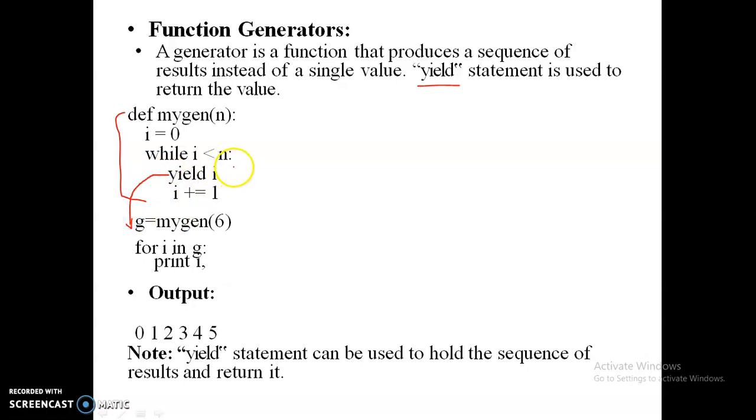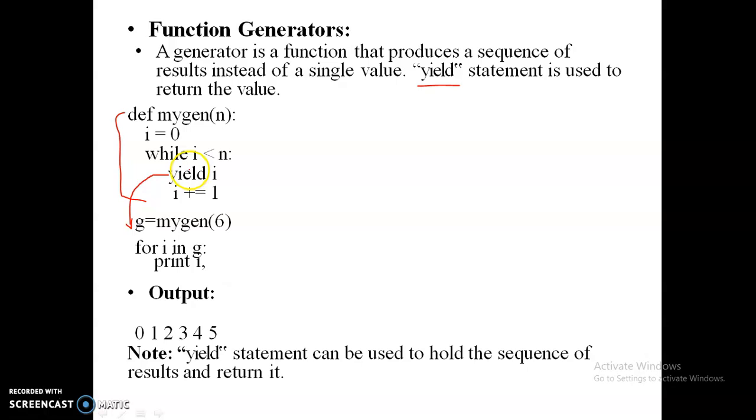Whenever you use the yield statement, it is similar to the return statement, but the return statement is executed only once for a function, whereas the yield statement can be executed more than once. Once the yield statement is executed, it returns the value to the outside of the function, and then the function resumes from the previous statement and executes the remaining statements. It doesn't go out of the function, it doesn't complete or break the function, it continues the function after returning the specified value to the outside.